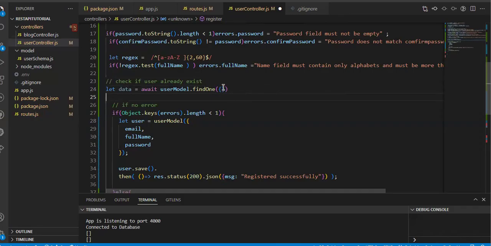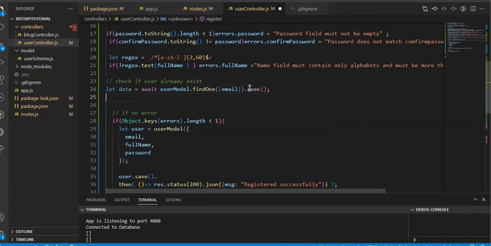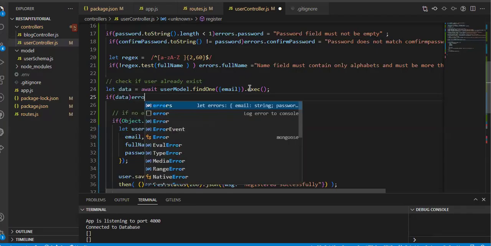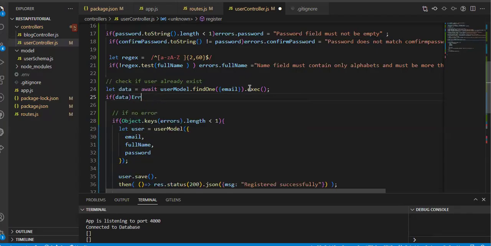So what are we finding? We're finding by email, right? And we just do the dot execute method. And we're going to see if the data exists. If the data exists, right? That is, if data, so we're just going to create another case and say errors